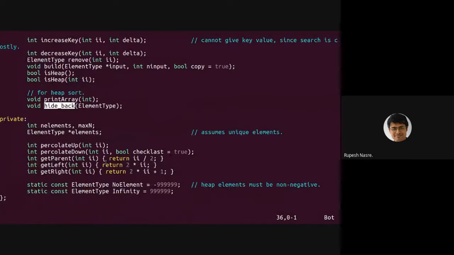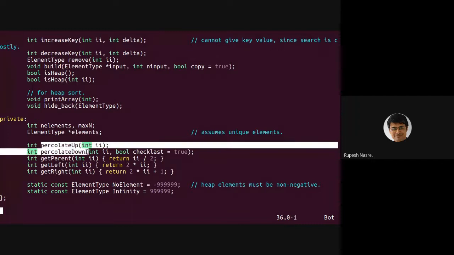There are some private variables and functions. The number of elements is the size of the array. Max n is the maximum capacity of the array. The elements themselves are stored in an array. Percolate up and down are auxiliary functions.